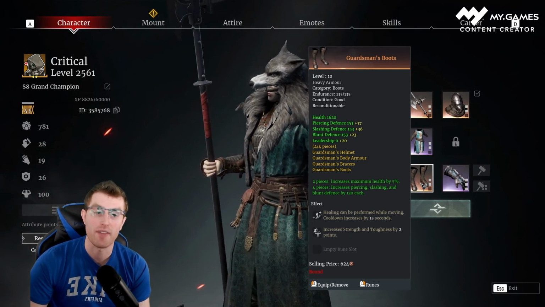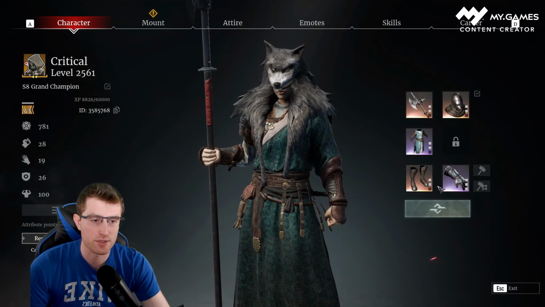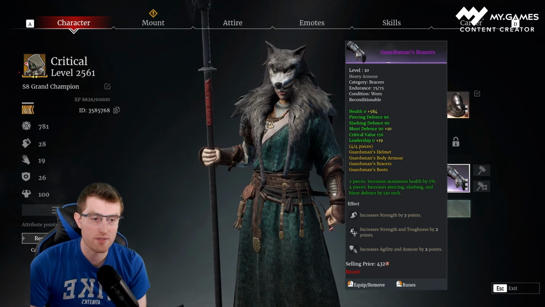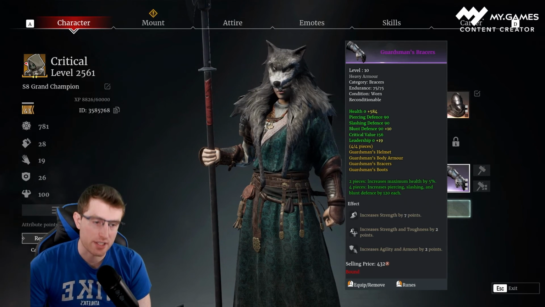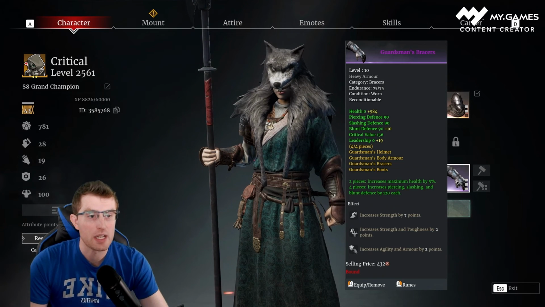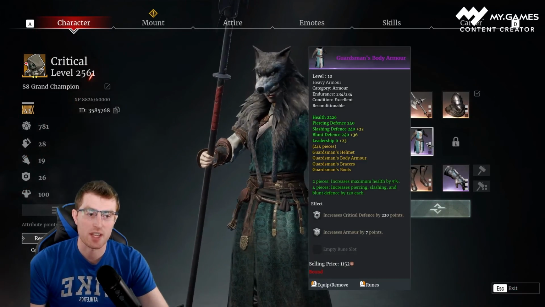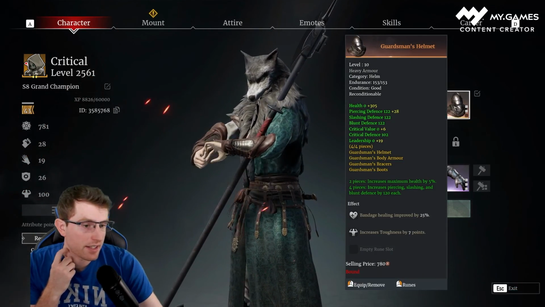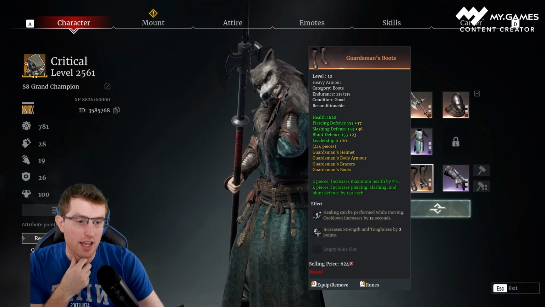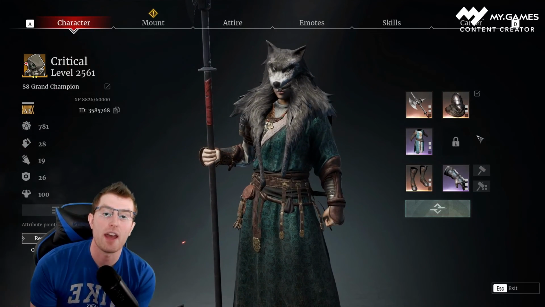So I need to work on that. Then you just add in the strength and the toughness rune. For your gloves, you're going to do strength, toughness, and agility and armor. This is what I personally do. It works for me. My armor set and my health set is pretty much set up the same way, minus the healing of the bandages and the healing while moving,